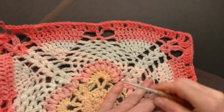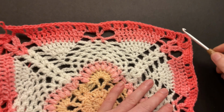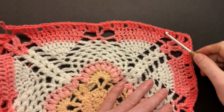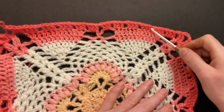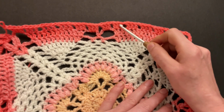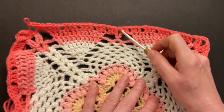So now we are making our corners with 2 trebles, 3 chains and 2 trebles, chain 1, double crochet 3 into the chain space, chain 1, make 3 double crochet, 2 of them into the first double, 1 of them into the second double, chain 1, skip 1, make 3 doubles, chain 1, skip 1, make 3 doubles, chain 1, skip 1, make 3 doubles, 2 of them go into the last double,